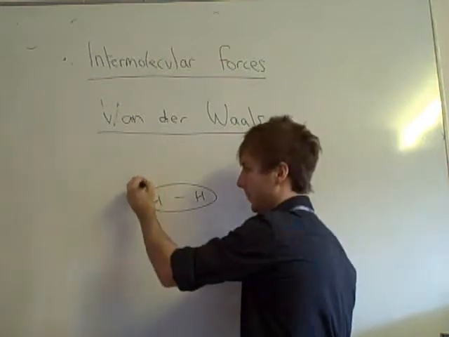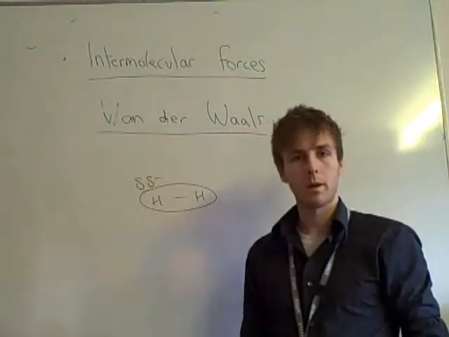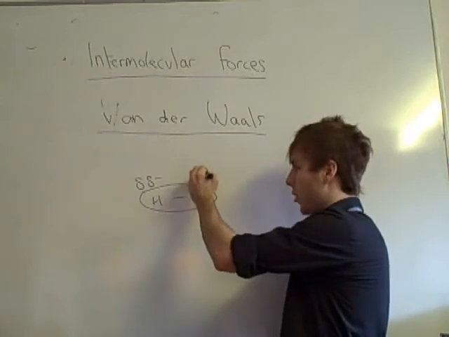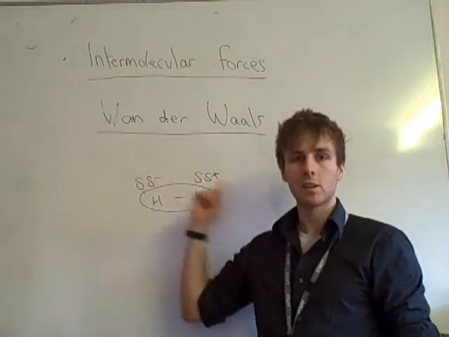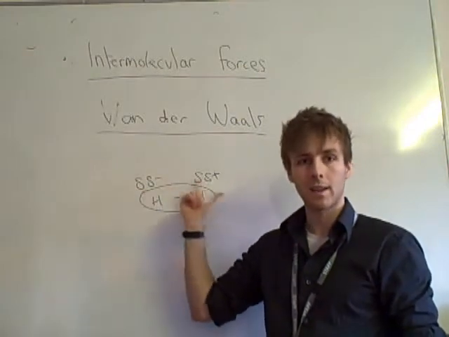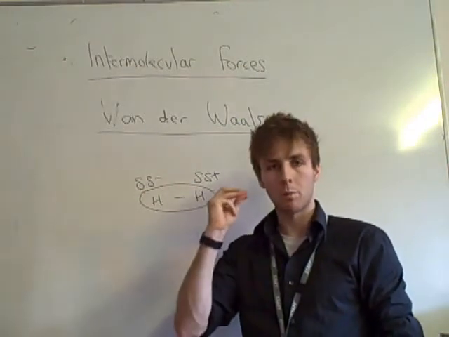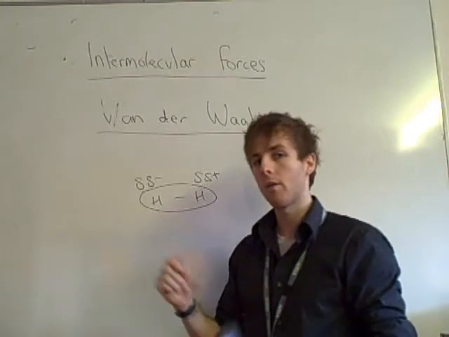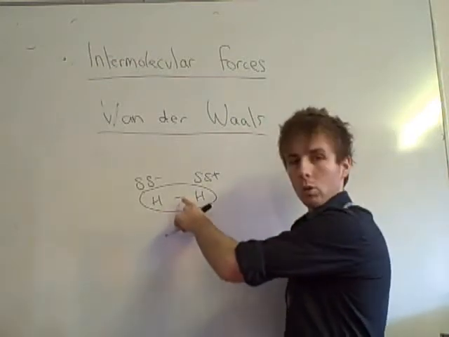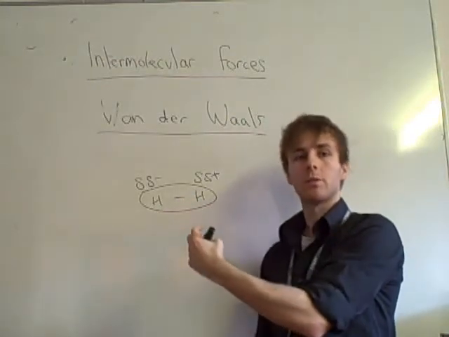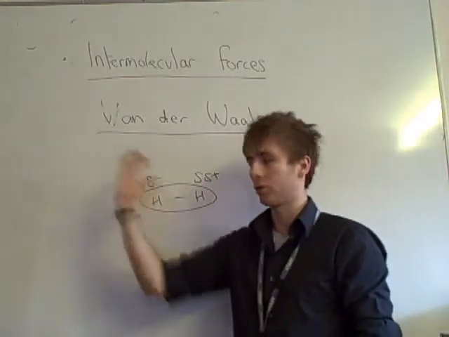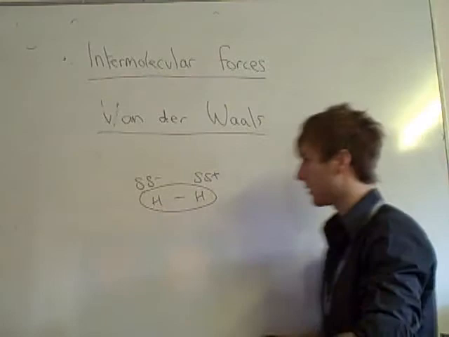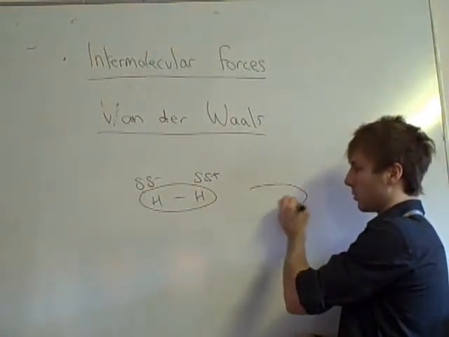And we show that by that symbol there. And this side will have a slightly positive charge. Now, these slight charges, or these incredibly slight dipoles, will only exist for the briefest moment of a second. However, by one molecule having this unequal distribution of electrons, just by one molecule having more electrons on one side for the briefest second, if I have another molecule